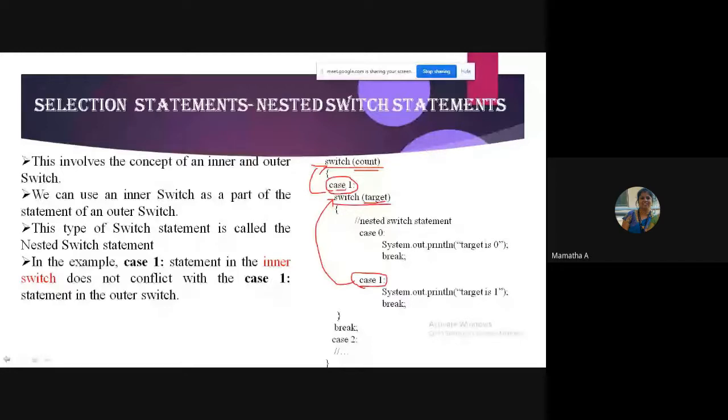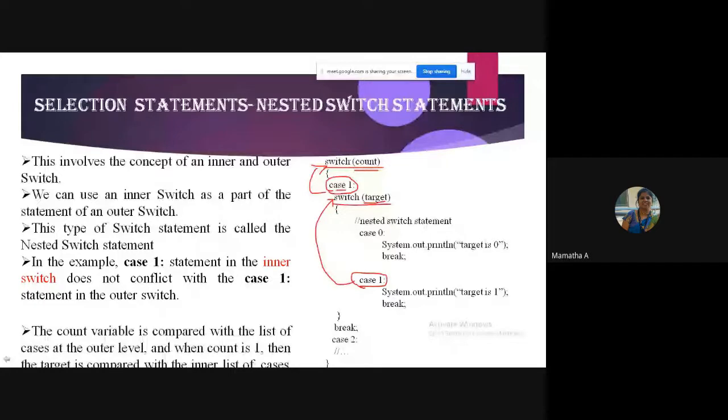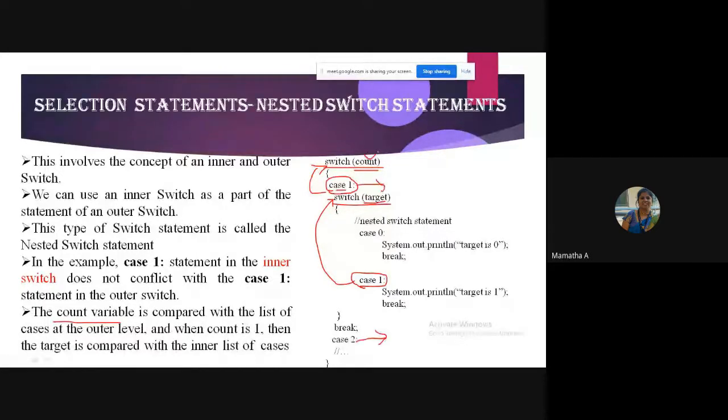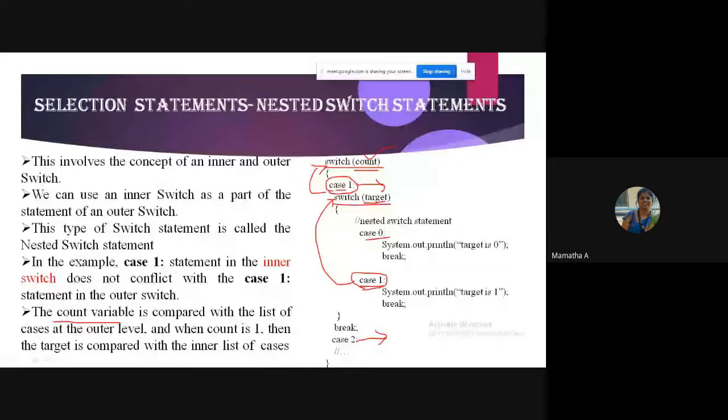The count variable is compared with the list of cases at the outer level, case 1, case 2, whereas target is compared to the inner list of cases. It is not that within a switch there is a switch; within any of the cases you can have switch statements. The inner switch is completely different from the outer switch.